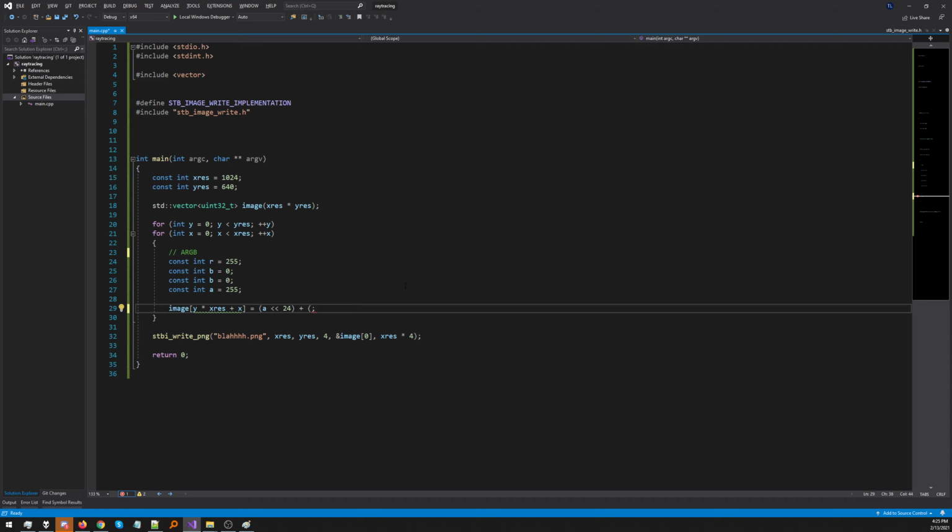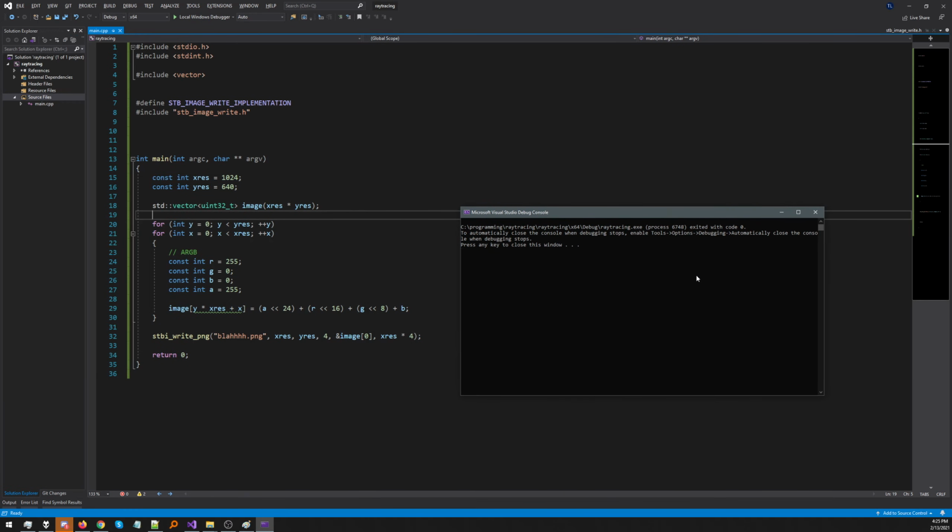If you're not comfortable with it, then you're just going to have to look it up. But this is not the time for me to get into bit shifting stuff. RGB, did I get that right? Why is G? Oh, right, RGB. Oops. Okay. So now, if we do this, I think we should expect